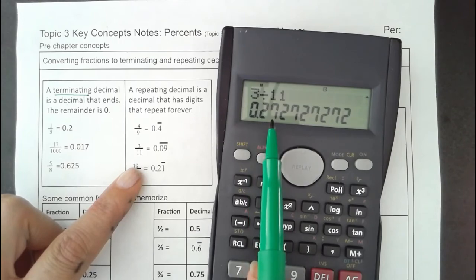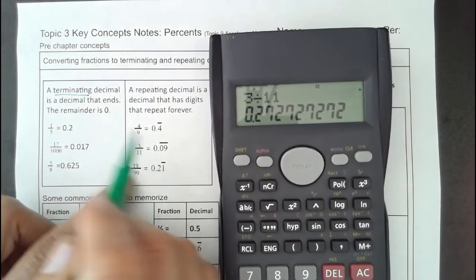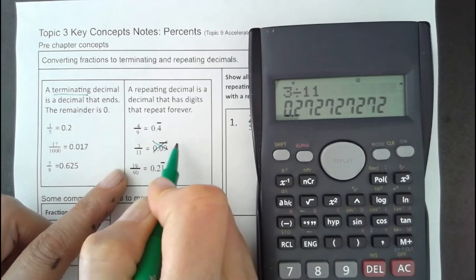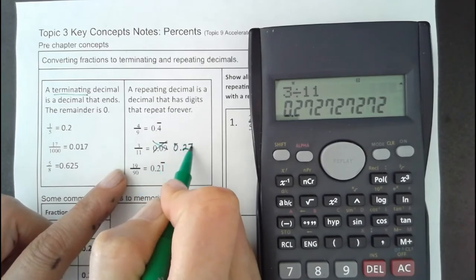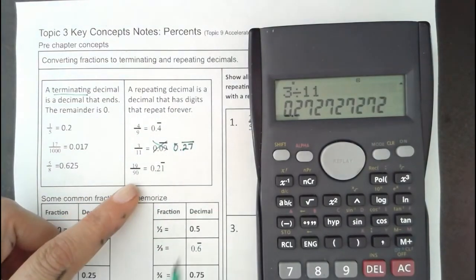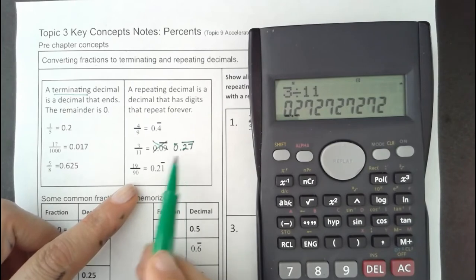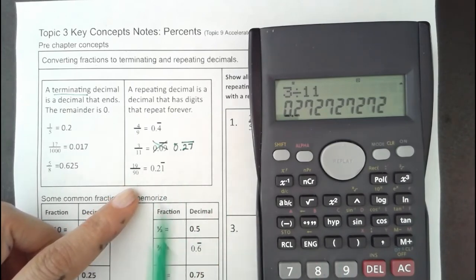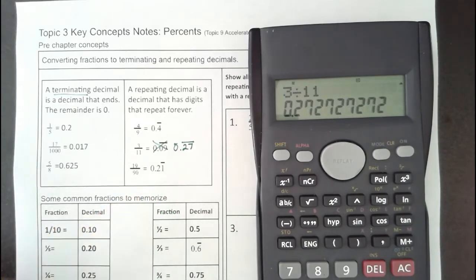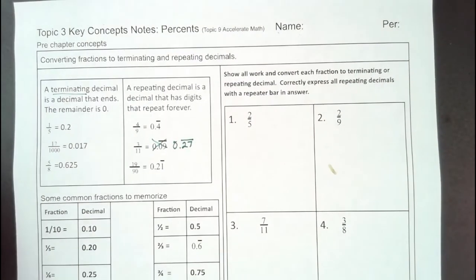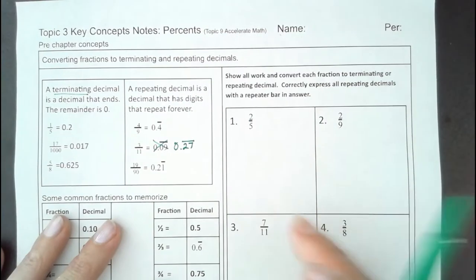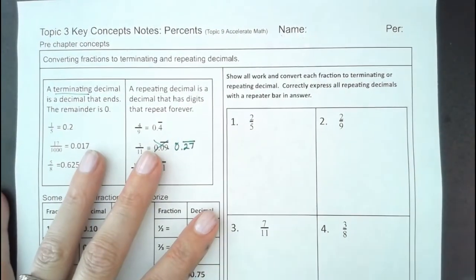27. Well, this looks like it's wrong. Sorry about that. The 272727 repeats over and over and over again, where this, it was just 0.2111111. Okay, sorry about the error on the notes. Okay, we're going to practice these first without a calculator, doing 1 or 2, and then we're going to use